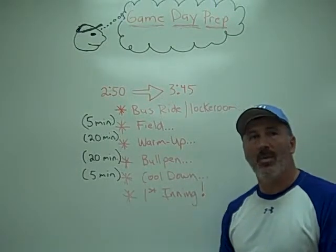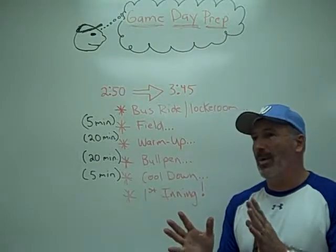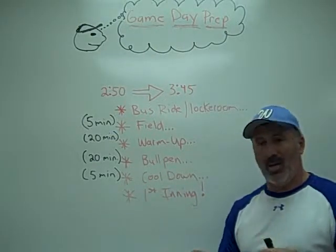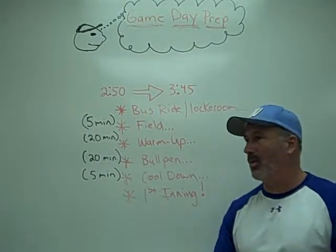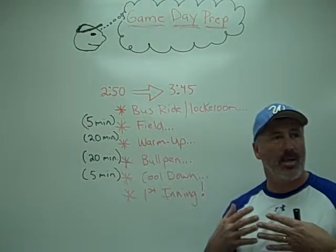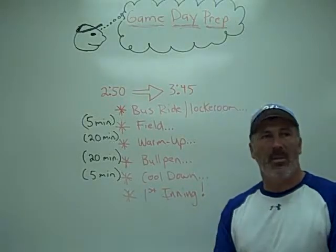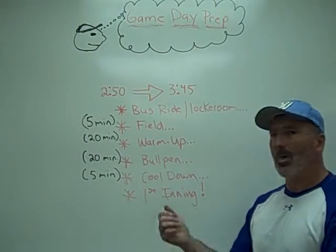If you're in a locker room, it's a different scenario. Well, again, when does your routine start? Does it start when you take your school clothes off and put your spikes on, your socks, your pants, whatever? So you have to determine and establish a routine. Okay, once we get to the field,